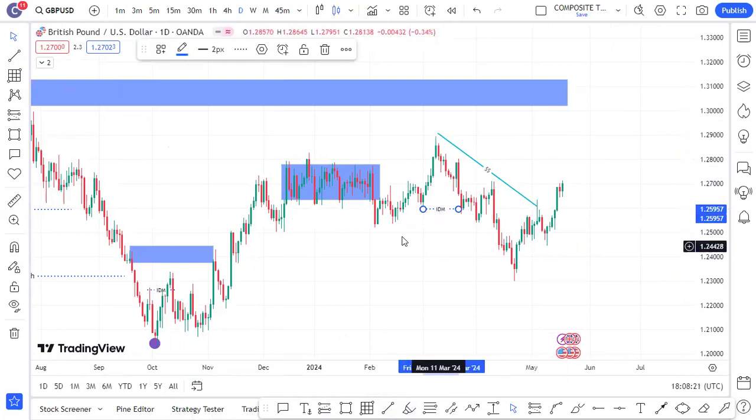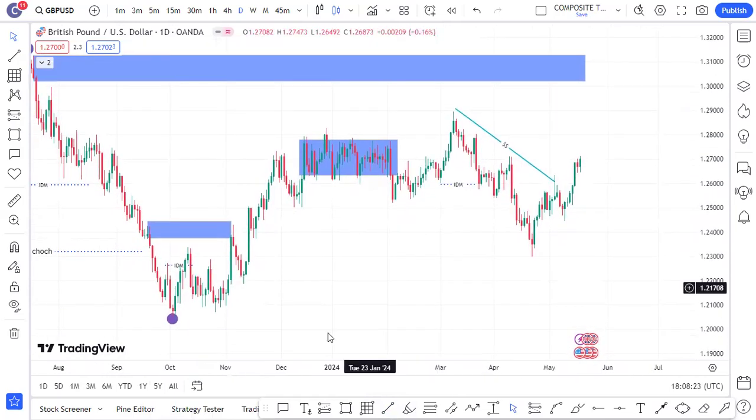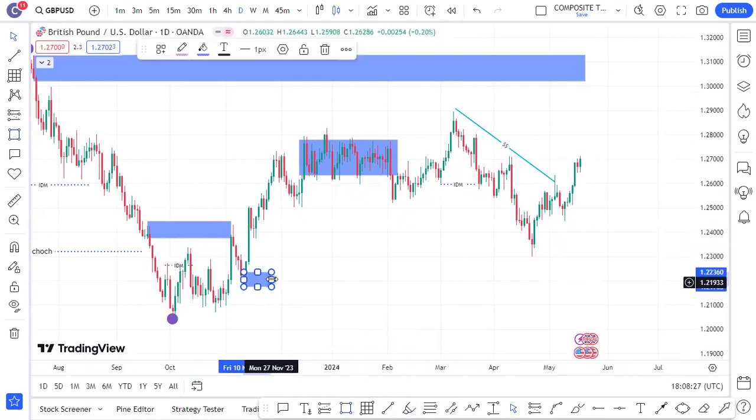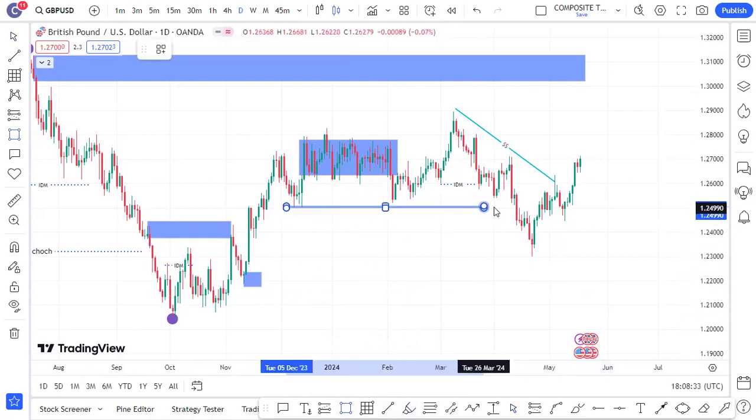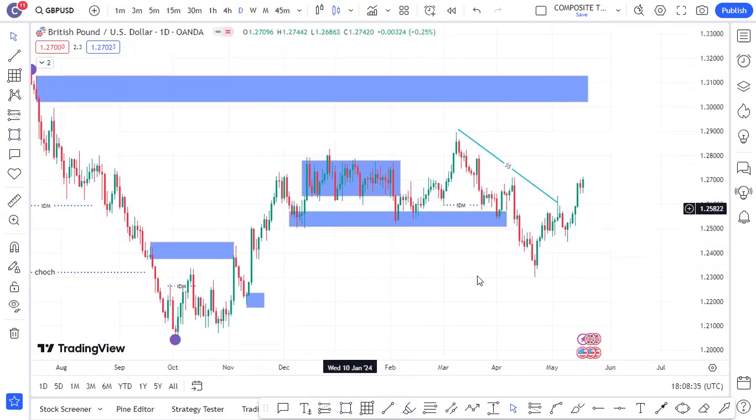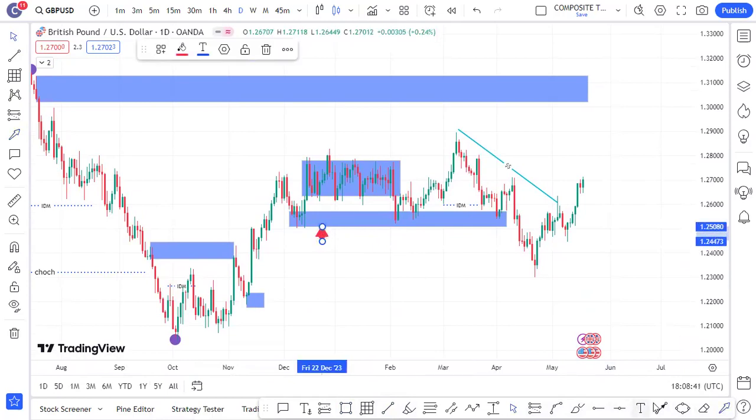supply zone. So this being our internal inducement, this was supposed to be our demand here, but the market never came to this level. So this zone is left like that, but actually everybody's taken out on this zone, as everybody's looking at this zone as a very strong support. There's so much liquidity here that was taken out because so many people are looking at this one as strong support. That's why the market broke down. This level was being used as a trap.